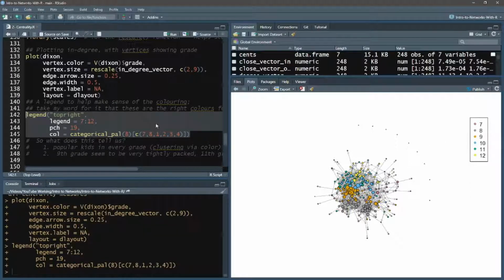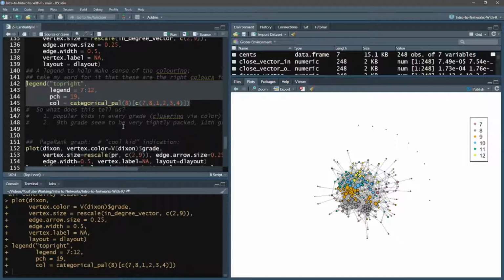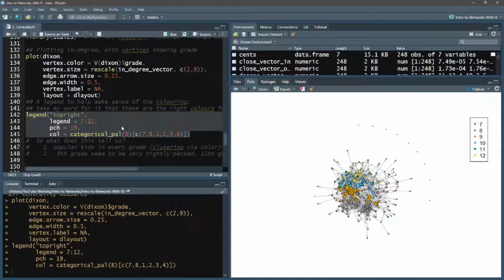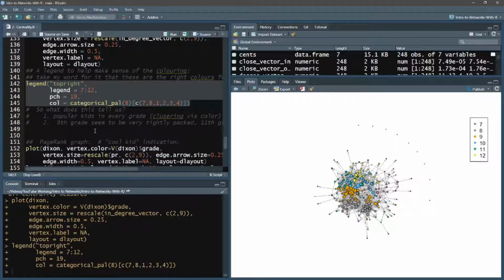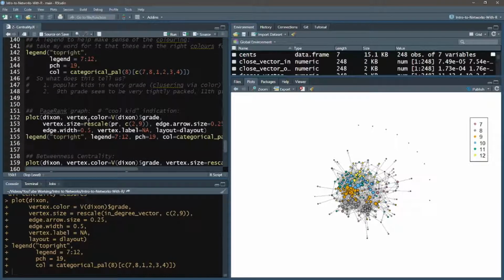Let's send the legend so we can see our grade. If you're interested in seeing this code, I know I'm going through a lot of stuff pretty fast, but all of this is shared in my GitHub, which you can find in the description. So that way you can pick through some of the comments and some of the coding a little bit more. Feel free to do that if you have any coding questions, because I'm likely skipping a bunch of stuff like categorical_pal function, for example.